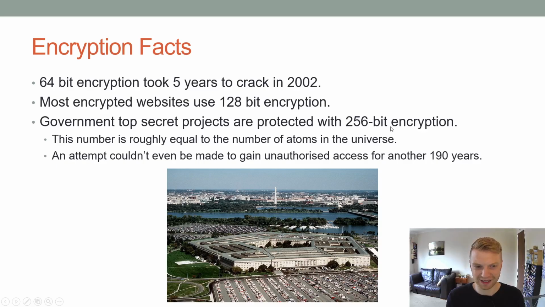So to put it into perspective, it's not double. I've written it down in the next slide, I'll get to that in a minute actually. So it's roughly equal to the number of atoms in the universe. That's how many combinations there are. And there's no point even trying to crack it for 190 years, just because computers aren't advanced enough. So yeah, that's never going to be cracked. If you start trying to brute force your way through it, because back in Caesar's times you could just do all 25 combinations, you're never going to do that many combinations. You'll be long dead before you figure that out.